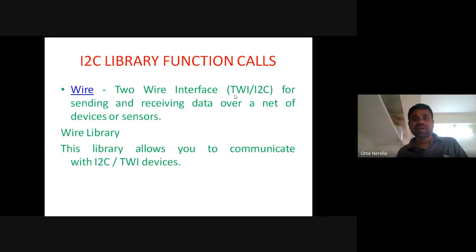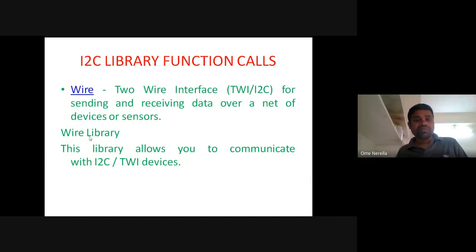Why is it called two-wire? It means it has two lines: one is the serial data line, the other is the serial clock line. That's why the term is two-wire interface protocol. Wire is nothing but a two-wire interface for sending or receiving data over a network of devices or sensors. The wire protocol, or two-wire protocol, is for communication between the microcontroller and various peripherals.